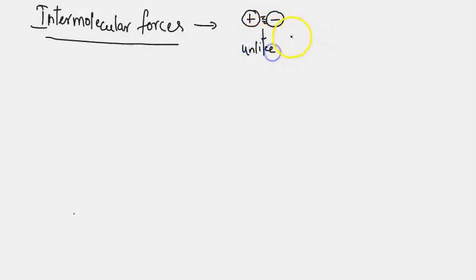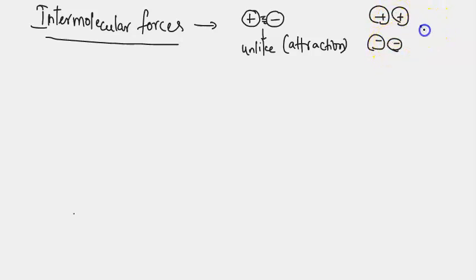That means the unlike forces are nothing but the attractive forces. If there are like charges, like positive and positive ions or negative and negative ions, the forces between these like charges are said to be the repulsive forces. Both attractive forces and repulsive forces come under the intermolecular forces. The very first type that we're going to discuss is the